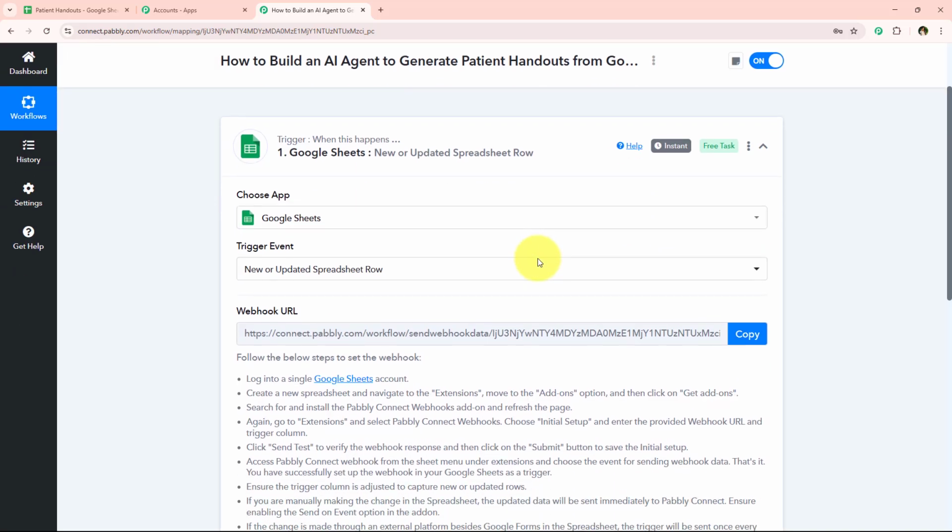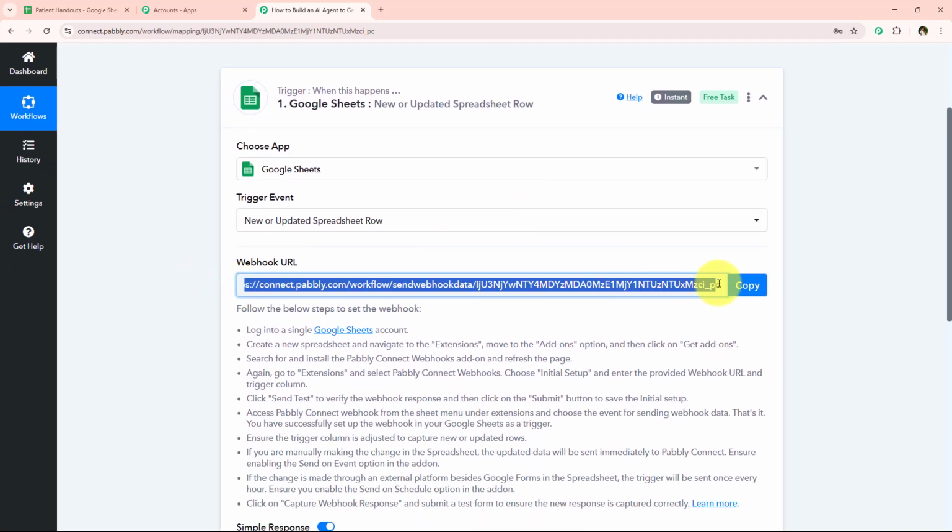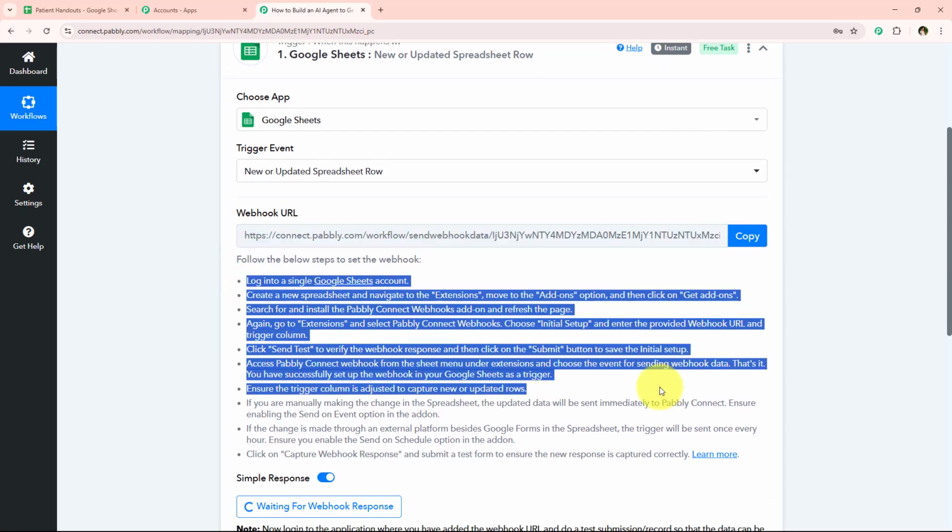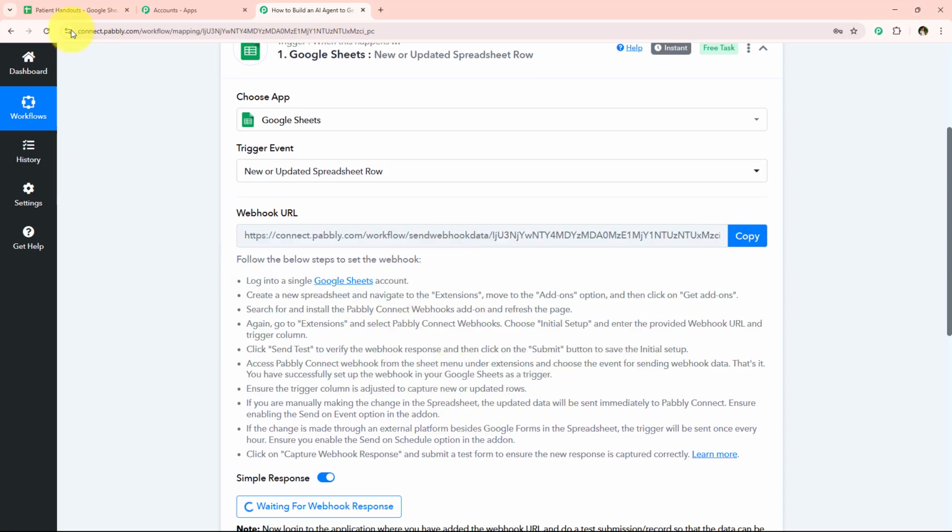And now it is giving me a webhook URL. So we're going to use this same webhook URL in order to create a connection between our Google Sheets and our Pabbly Connect's workflow. So I'm simply going to copy this webhook URL and then we have to follow this help text. So what we have to do is we simply have to open our spreadsheet,